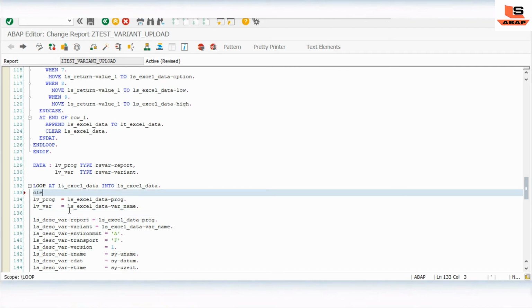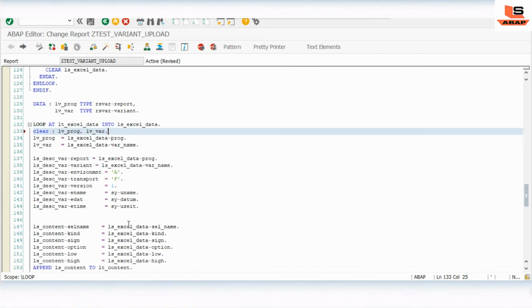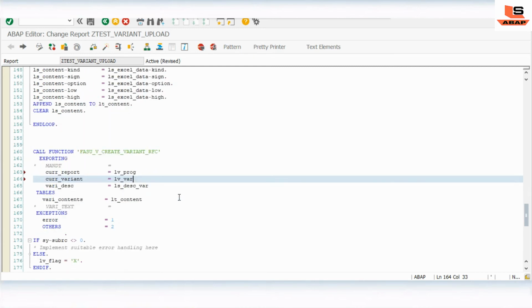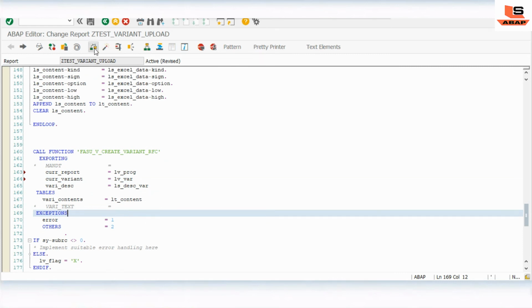Before that we are just clearing lv program and lv variant, and here we will pass lv program, lv variant, and that's it.